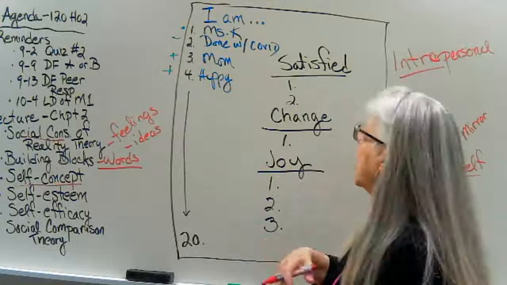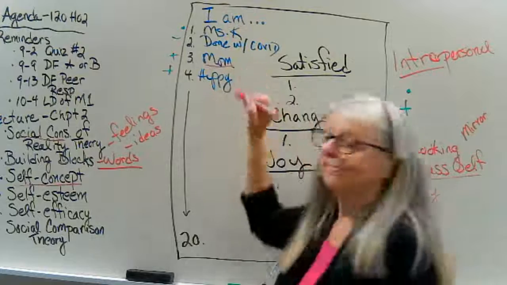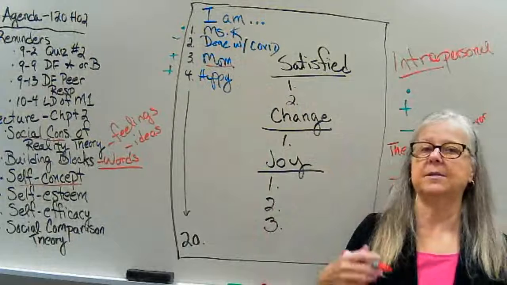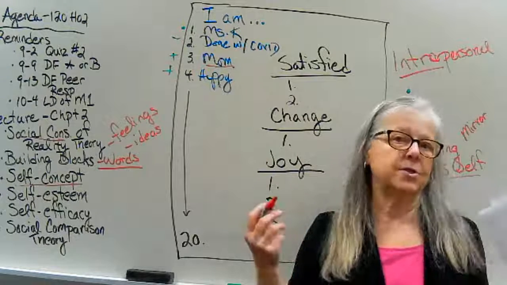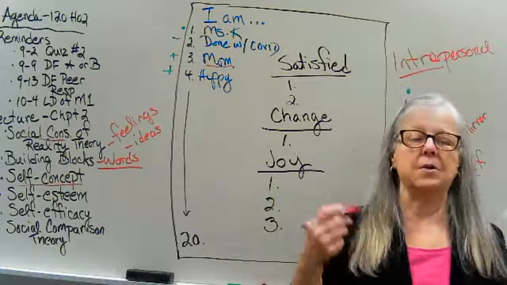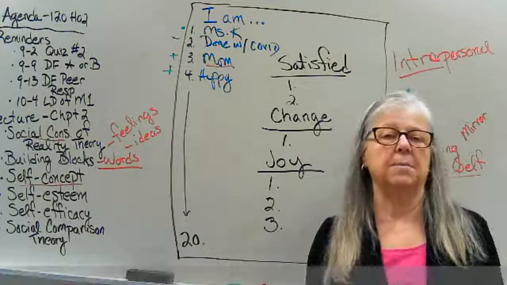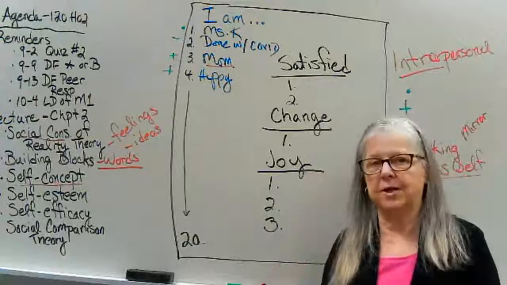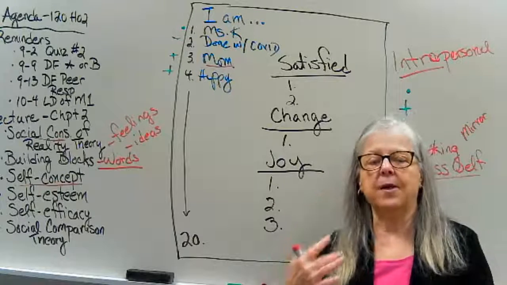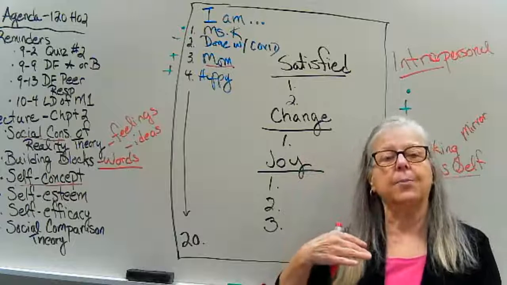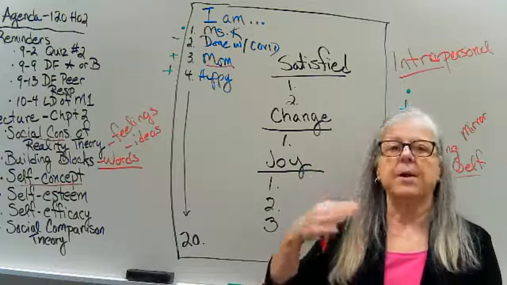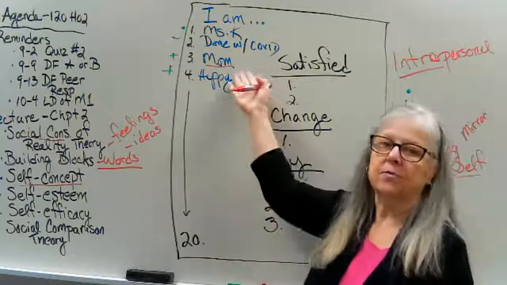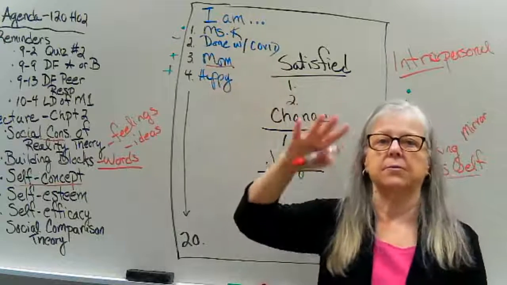All right? So if I say that I'm a mom and my kids love me and my kids think I'm a great mom and my kids still come to me for advice, then they are giving me a reflection, right? They are giving me feedback to say, okay, I must be a pretty good mom based on what they say and how they act toward me. So my self-concept of myself in this role is positive, all right?